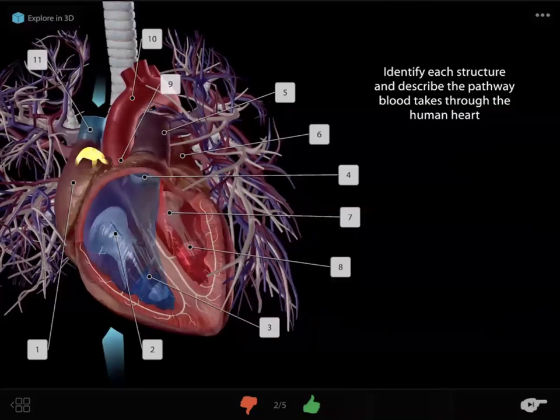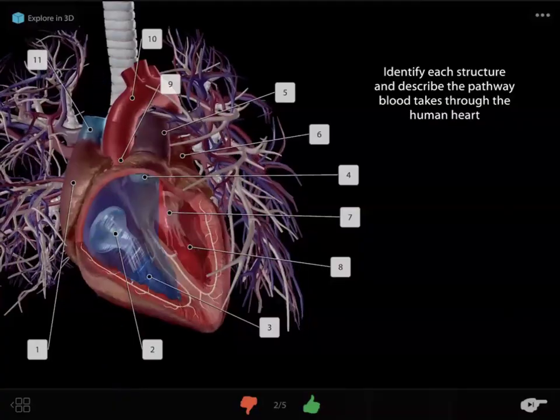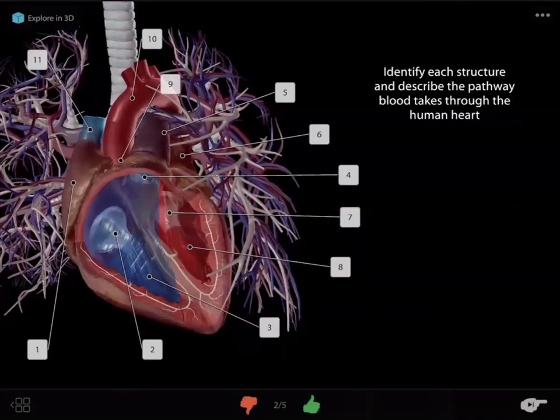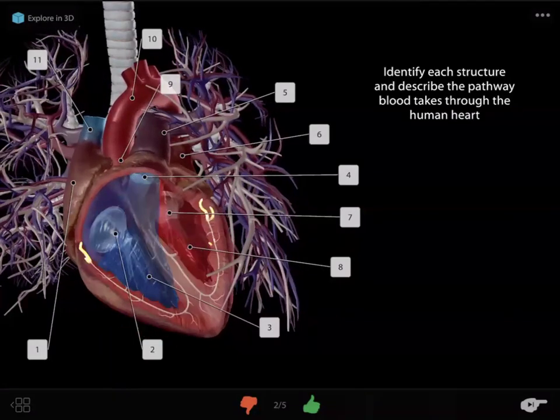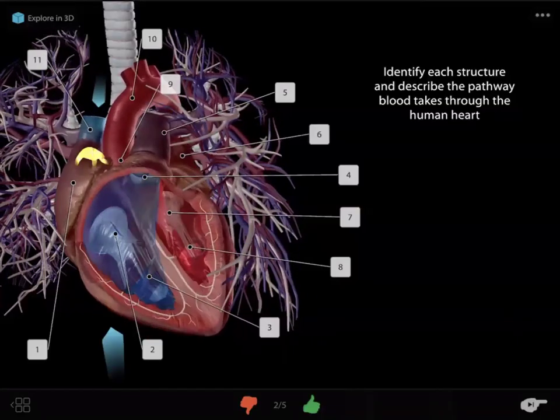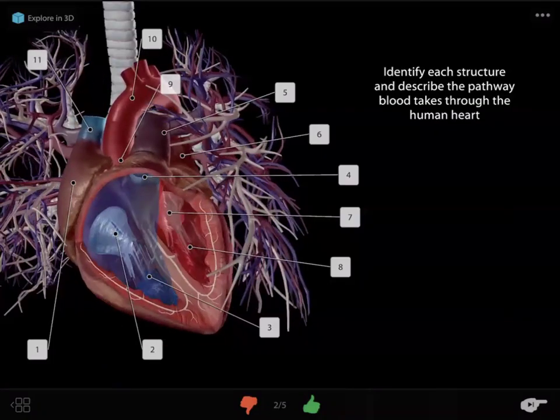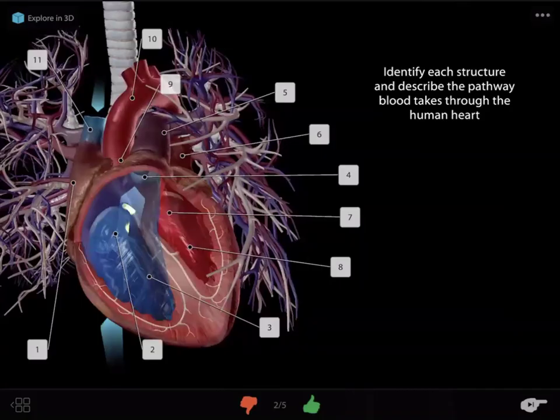If you can hear my heartbeat the whole time. But this is our beating heart model. So this is to show that you can put anything in as the base of a flashcard. It doesn't like my finger again. It'll come back eventually. So the point of this one is to identify each structure and describe the pathway of